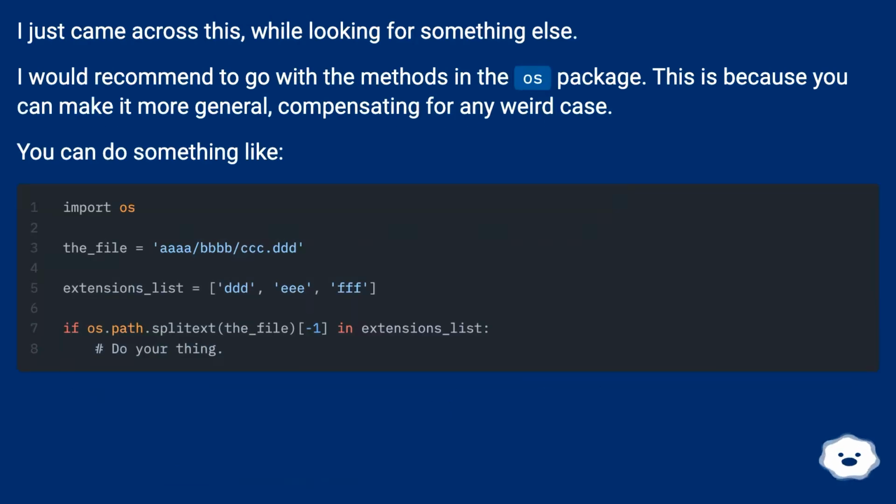I just came across this while looking for something else. I would recommend to go with the methods in the os package. This is because you can make it more general, compensating for any weird case. You can do something like,